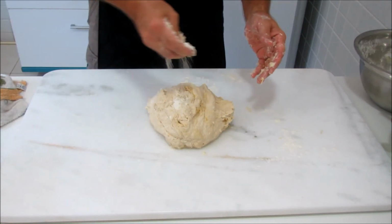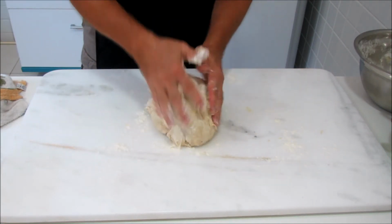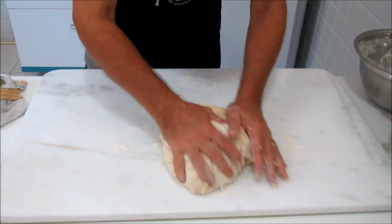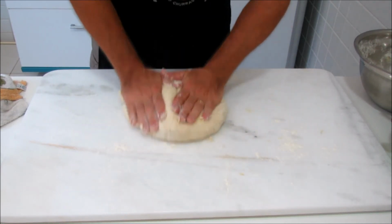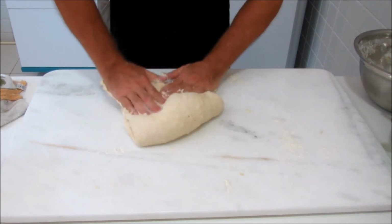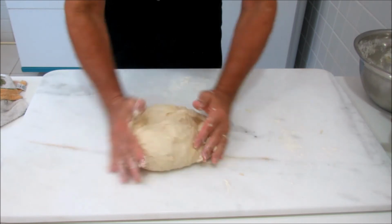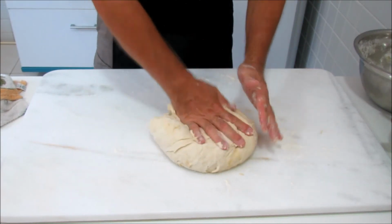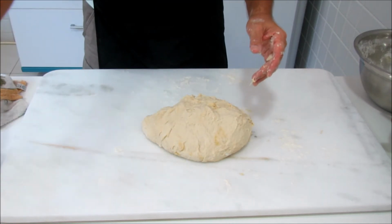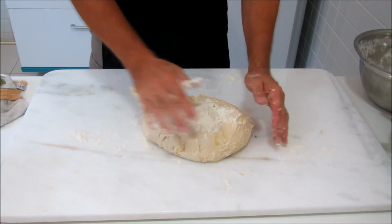A little bit more flour. Always being careful not to get too much on there. So it's just a matter of folding, squishing it, folding, squishing it, keep going. Once it starts getting a little bit too tacky again, dash a little more flour on it. You won't do this again